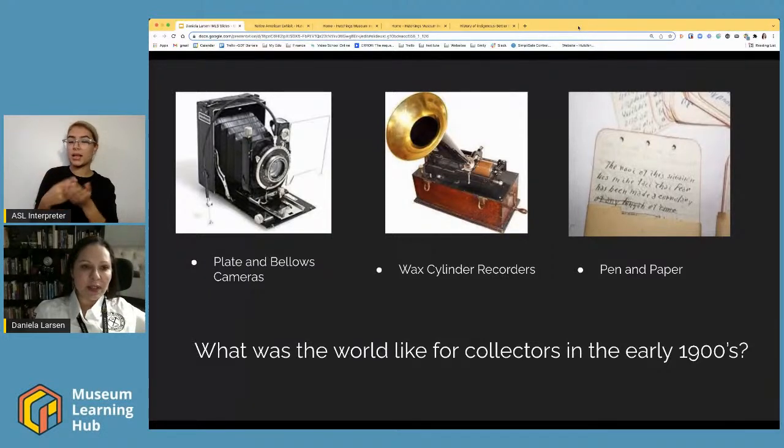But carrying something like this camera up to a cave that you had to scale a mountain to, or go up to, maybe take pictures of eggs, it made it pretty impossible to do that. And so things were collected with a very different mindset in a very different way. The picture in the middle is of a wax cylinder recorder. Honestly, before I came to work here at the museum, this was not a piece of technology that I was familiar with.